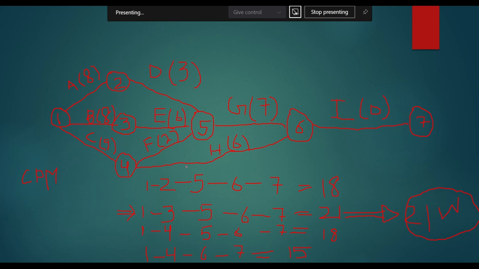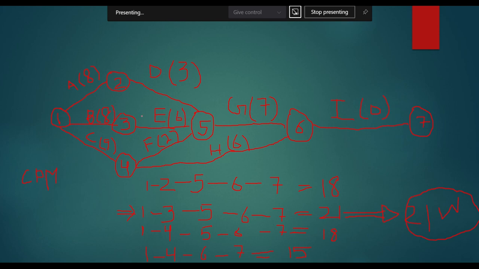So, I'll just show you with an example. As per this network, activity 2 and activity 4 are missing in this critical path. It means activity 2 and 4 are not critical, but 3 is critical. Why is 3 critical? You can see in the network that 2 to 5, 3 to 5, and 4 to 5, these three activities are going simultaneously, right? When these three activities are going simultaneously, here D is taking 3 weeks, E 6, and F 2. It means the maximum time is 6 weeks to complete.